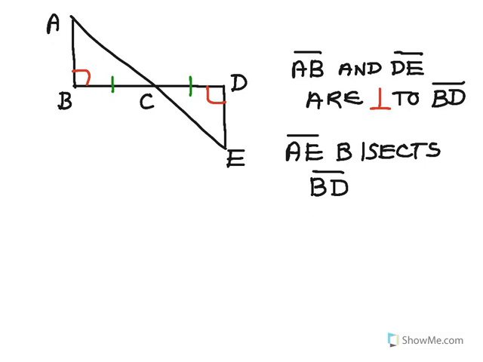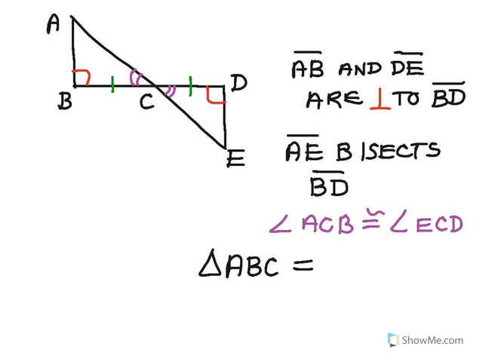And then lastly, I can see that I have a pair of vertical angles here in the middle that are congruent to each other. So I can add that angle ACB is congruent to angle ECD. And if I was doing a proof of this, I would have the three parts that I needed, the corresponding parts congruent. So I would be able to say that triangle ABC